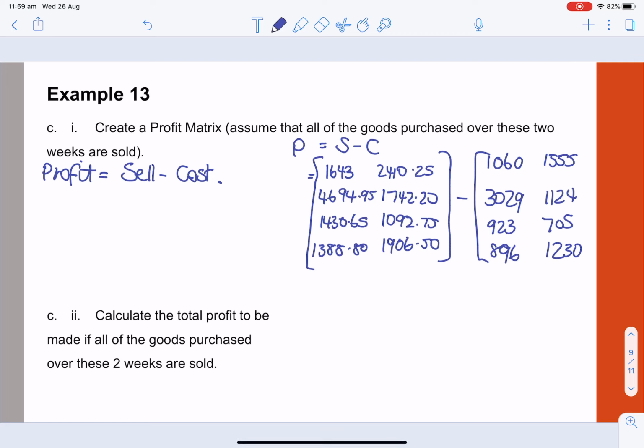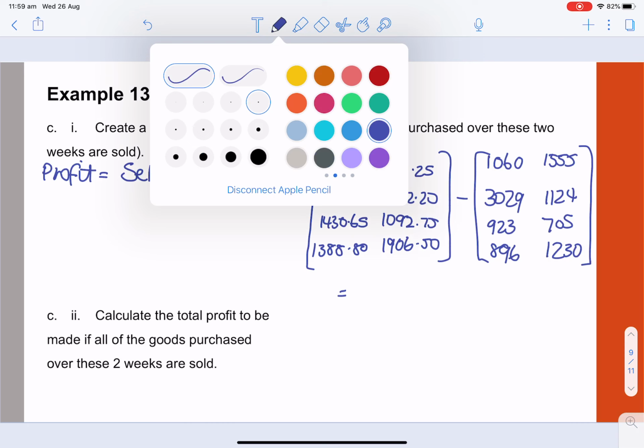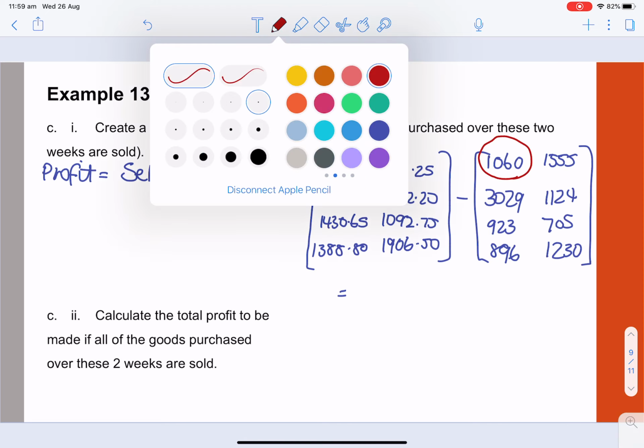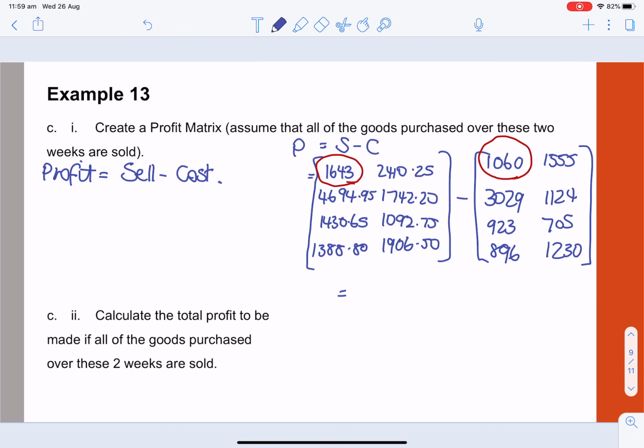Now, remembering from matrix addition and subtraction, what you need to do is you subtract the same elements. So if we take the element in matrix S in position A11, I have to take the element in the same position in the other matrix. And I end up with